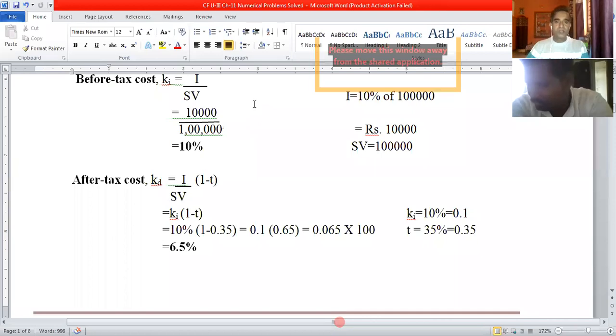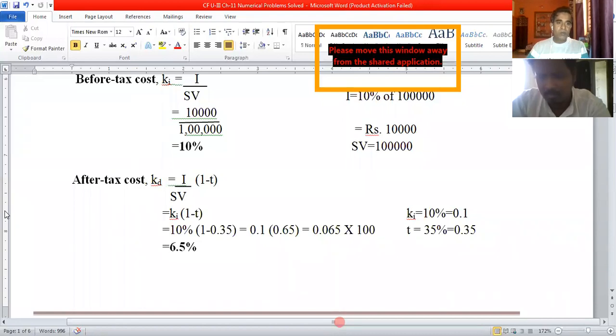So other students, was it easy for you to understand? I hope it was easy for you to understand. Then I'm going to mute you all again, and I'll continue with how to compute cost of redeemable debt. If you have any queries later also, please feel free to call me and clarify your doubts.